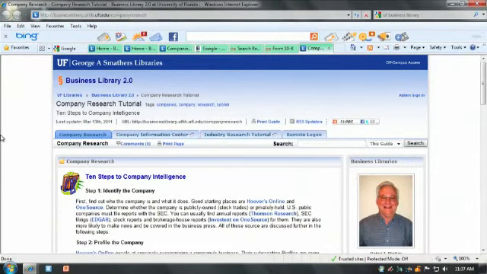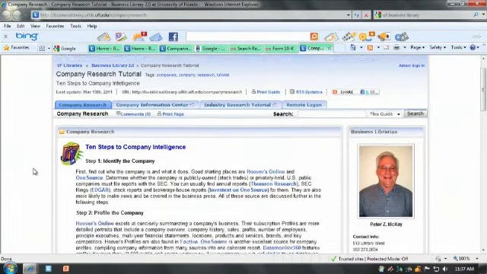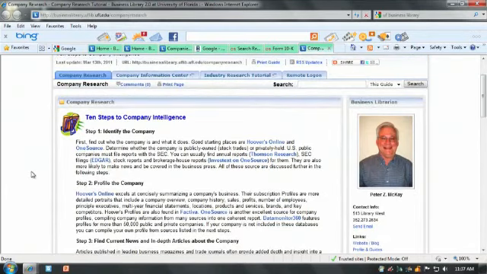This tutorial is a 10-step tutorial that takes you through a process of thoroughly researching a company and explaining how to proceed step by step using the business library's databases. For example, you see in step 1, we're identifying the company. So we want to find out what line of business it's in, where is it located, what size is it, and